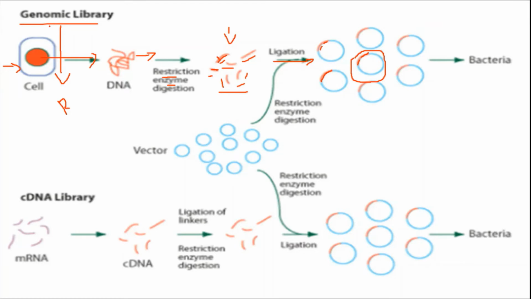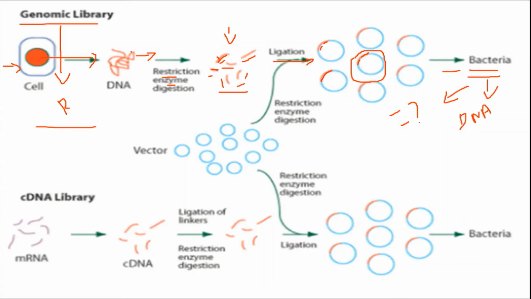This genomic library is transferred into the bacteria and manipulated, and then we select. At this time of selection, using genomic library cloning, we prefer the DNA hybridization method. But here we don't prefer blue white screening or plus minus screening. Why? The question is often asked. Why? I can explain.